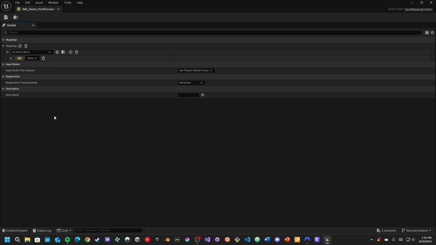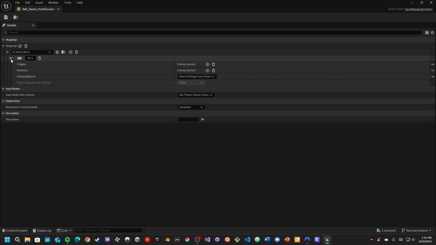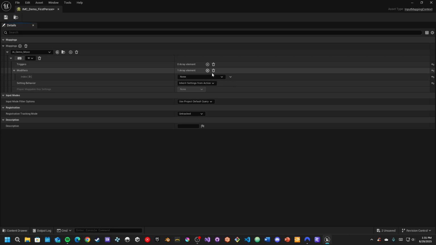And then on your keyboard, you can type in the keys that you want. So I'm going to type in W, which is going to be my forward movement. Going to open up its little caret, look for modifiers, and under modifiers for forward movement, we have to add